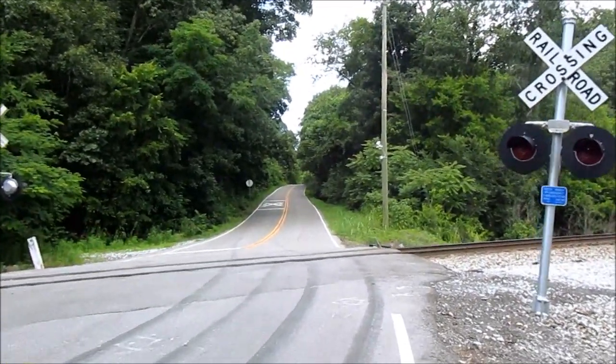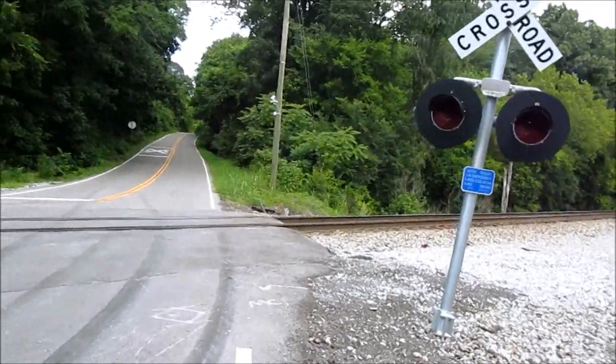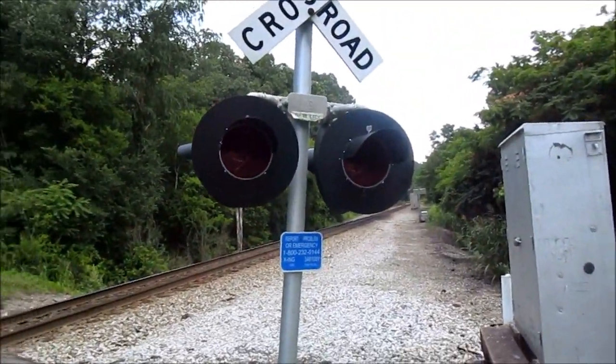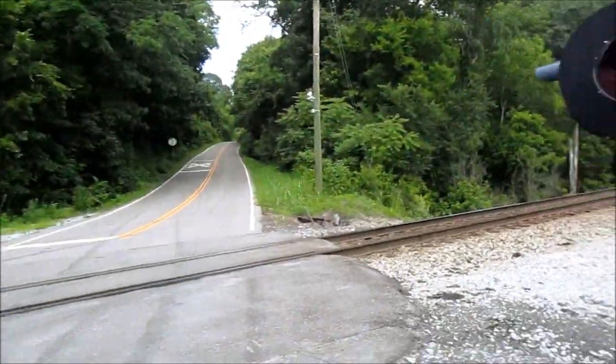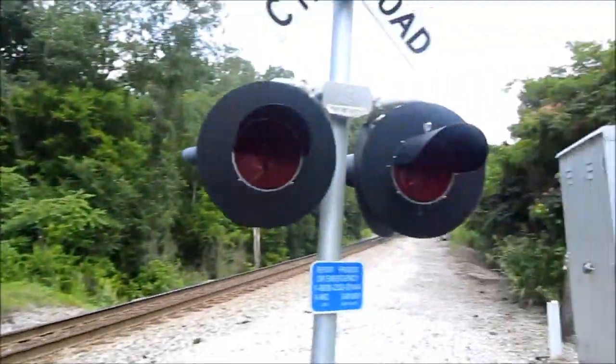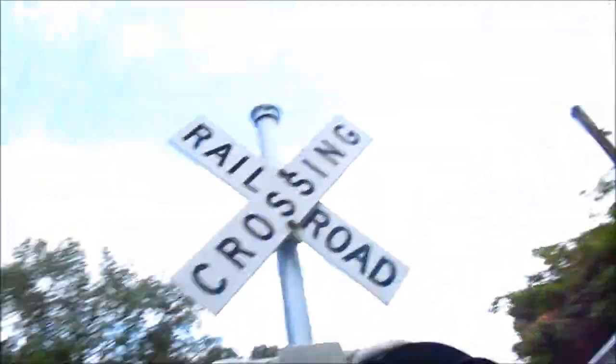Alright, I'm out here at Baker Station Road in, if I recall correctly, Nashville, or at least near Goodlettsville. I believe this is Houston County, so it would be Nashville. So anyways, as you can see, the signals here have sadly been upgraded to LED, but thankfully both signals are